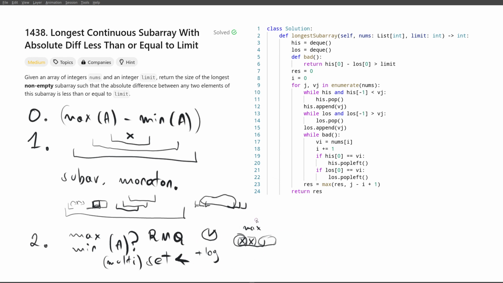But there is a way, and that way is to remember all the numbers still, not in a set, but in something simpler, but not really remember all the numbers, only remember interesting numbers. And for instance, what numbers are not interesting? Well, if we have a number here, we have a number here, and we have a number here, something between them, and they are all in our current subarray,